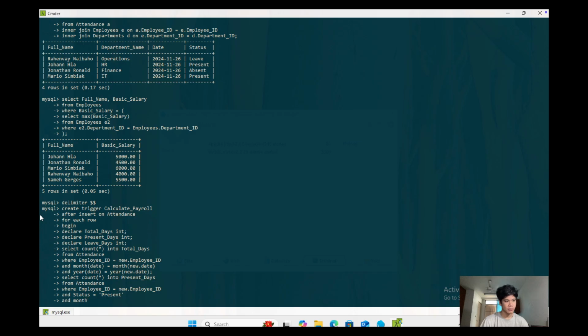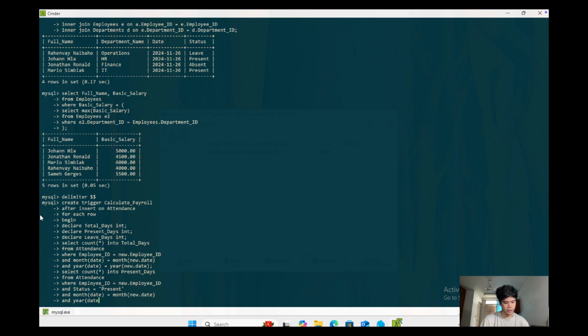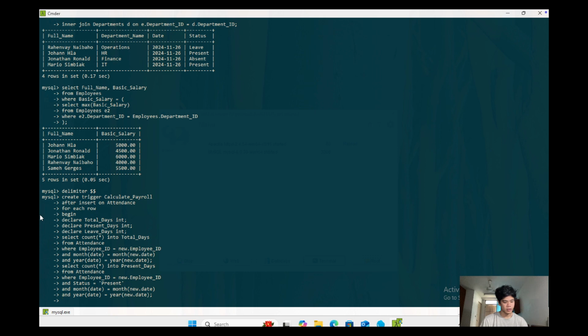Now month and year again, and MONTH(date) equals MONTH(NEW.date), and YEAR(date) is equal to YEAR(NEW.date). Closing bracket. Now select count(*)